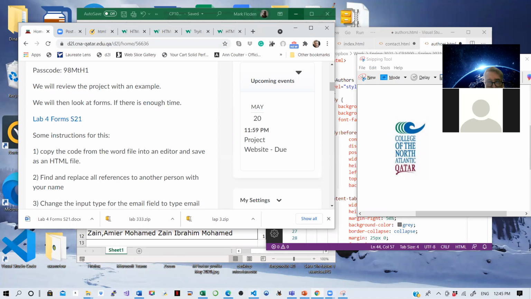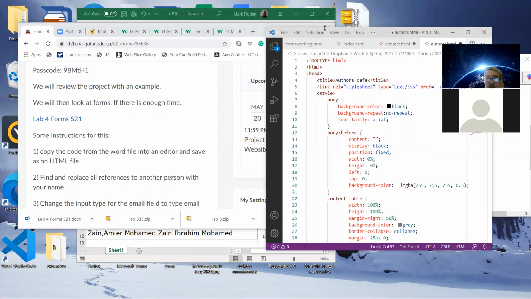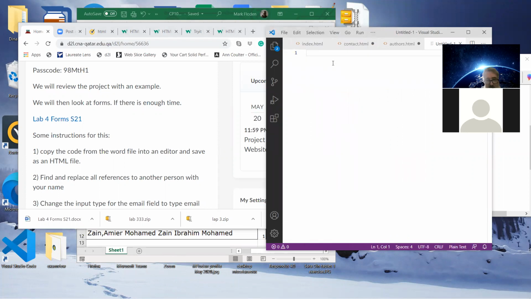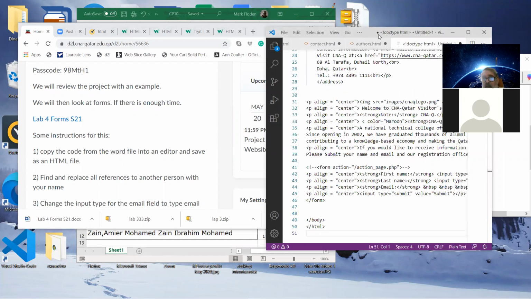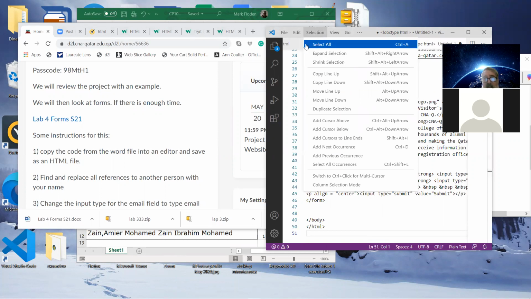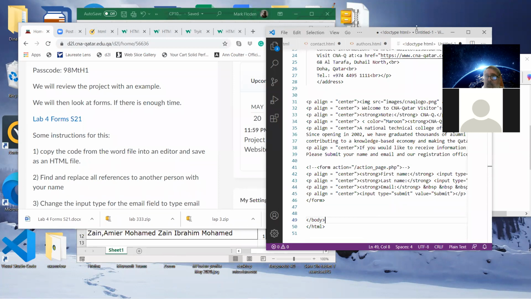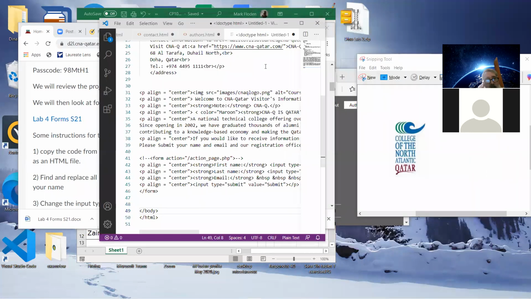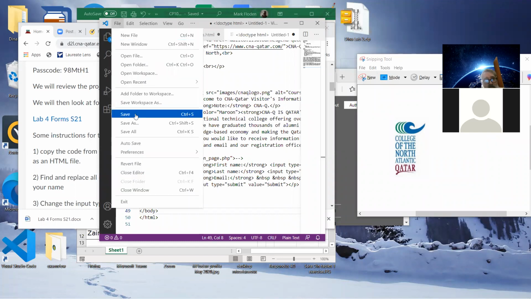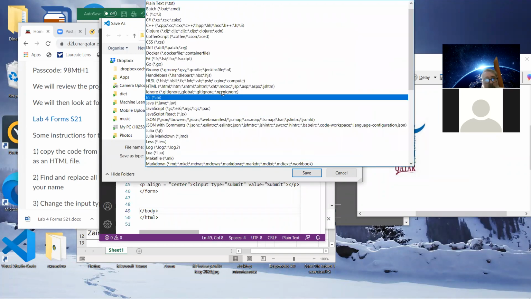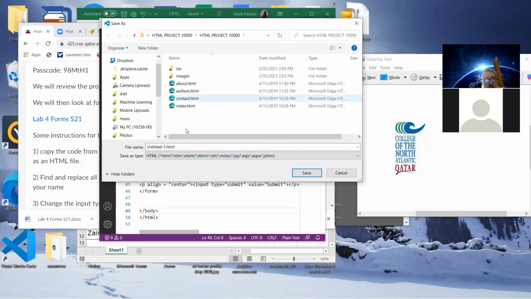All right, so I'm going to get my editor going. I've got an editor here. I'm going to create a new file, and I'm just going to paste all that in there. And now I've got the code that was in that thing. I've got it here. So let's save that and make sure to save it as an HTML and call it whatever you want. I mean, today,